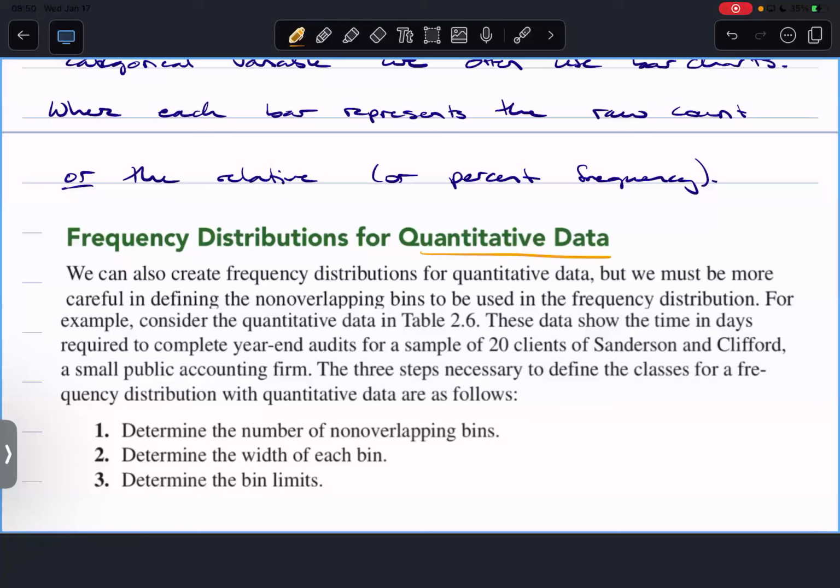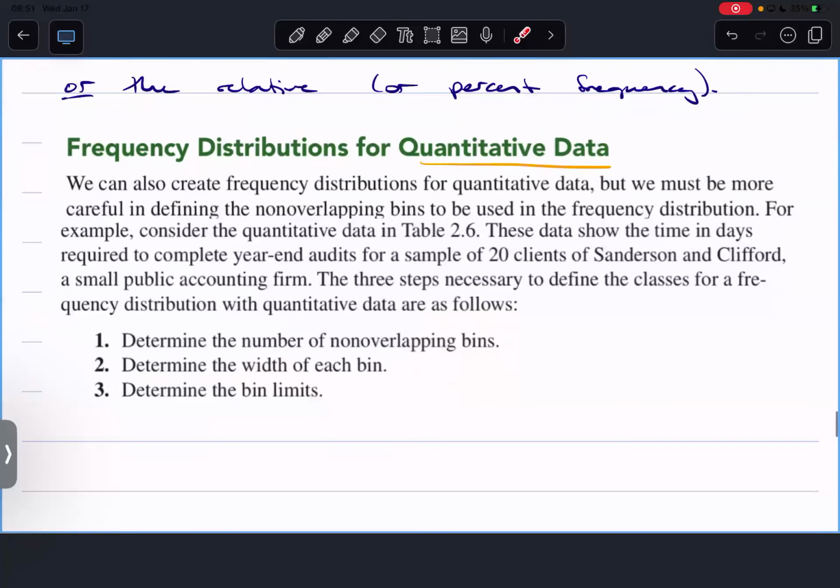Same idea, but we create these temporary categories, which are called bins. First, you determine the number of non-overlapping bins, little sections on your number line, and then you determine the width of each bin. Now, that's going to be done automatically